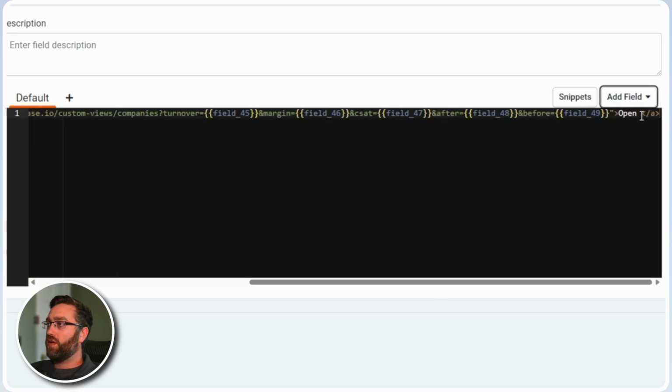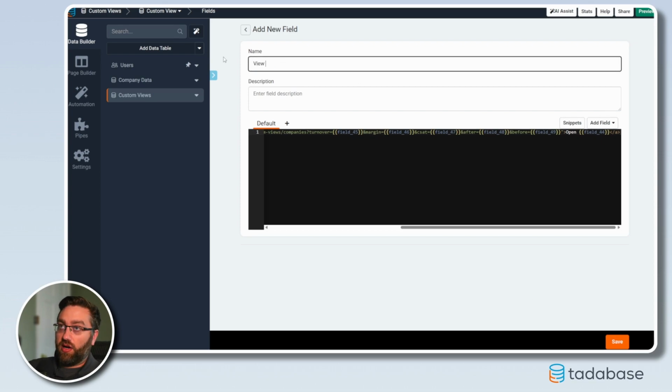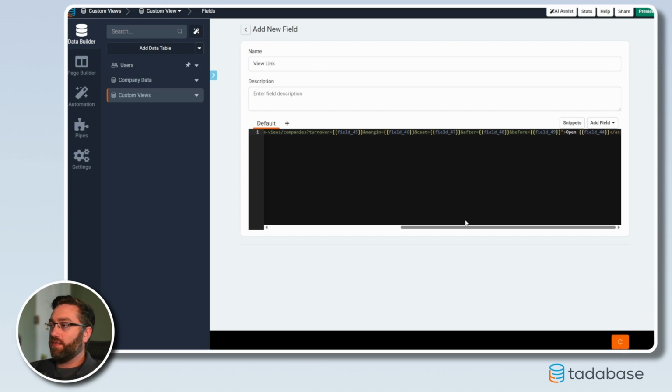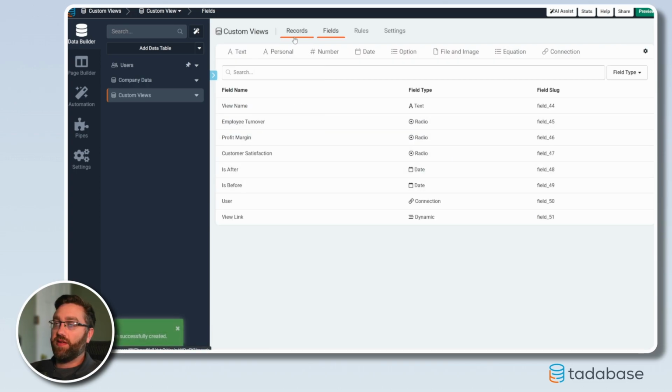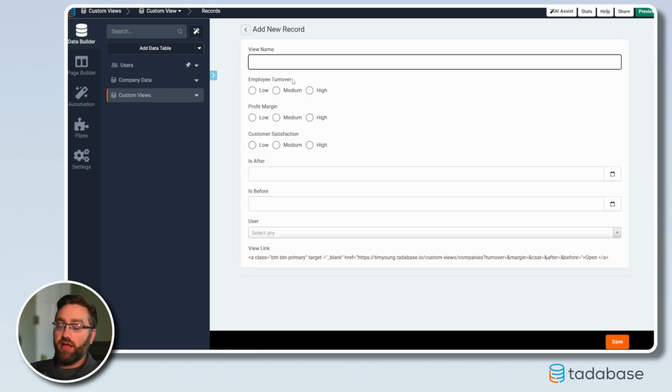And then for the actual text value of the link, we're going to say open and then the view name. All right, now that's going to build our link, and we'll call this view link. And we can now save that field. Now, if we go back to our records page and we just give this a try,